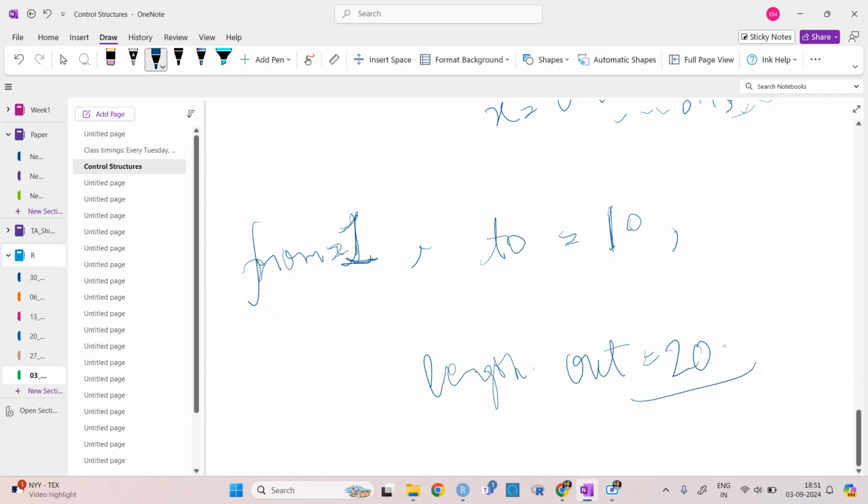The length out will always give the same distance between values, so it will maintain the distance. If I give it 10, it will divide it like 1 2 3 4 5 6 up to 10. If I give it 50, then it will be 1, 1.2, 1.4, 1.6, 1.8, and then 2. In that way it will do the work, right?